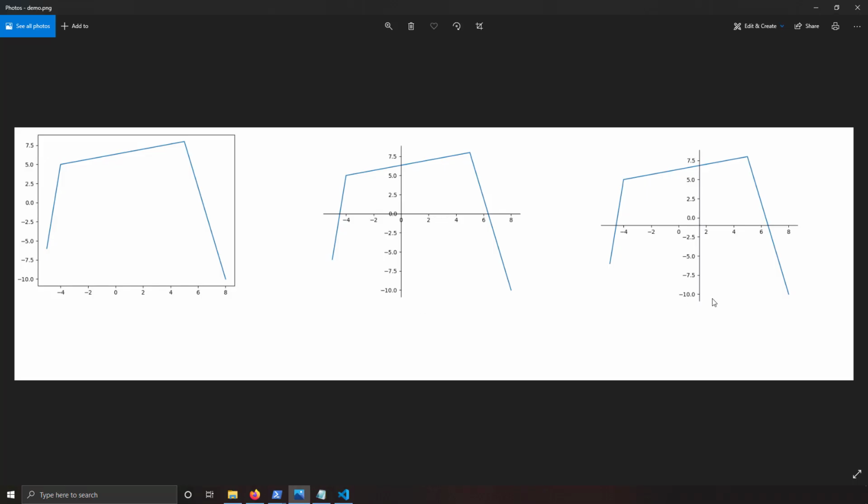These are the three cases which we covered today. The first one is that by doing nothing, you will get a plot inside a box. The second scenario is that by moving the spines to the position 0, you can get the intersection of x and y axis at the position 0. And instead of using the position 0, if you keep the spine position as center, you will get the intersection of x and y axis at a position where it is in the center of the figure.